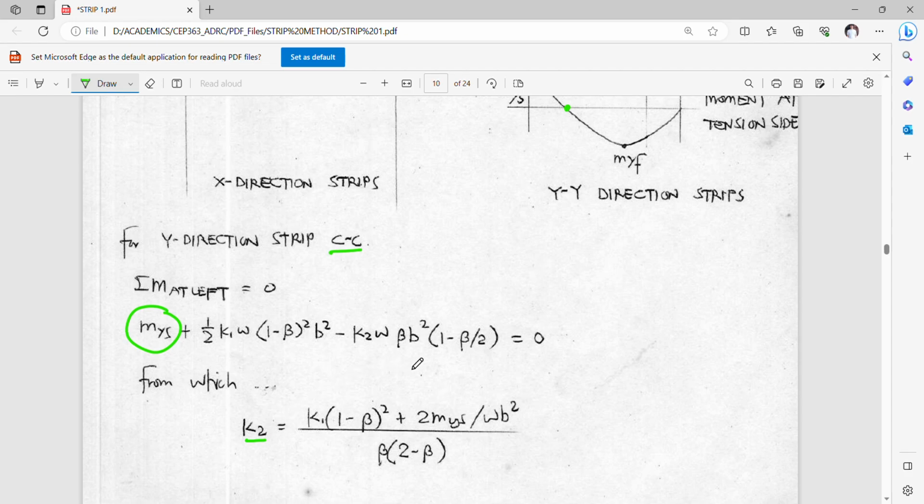Similarly, your beta can be assumed, the same time as K1 can also be assumed. So knowing all the parameters here, including MYS, which is assumed on the basis of reinforcement limitations, then K2 can be